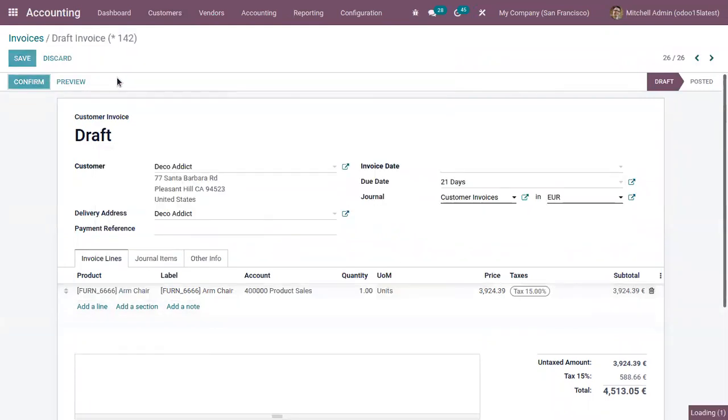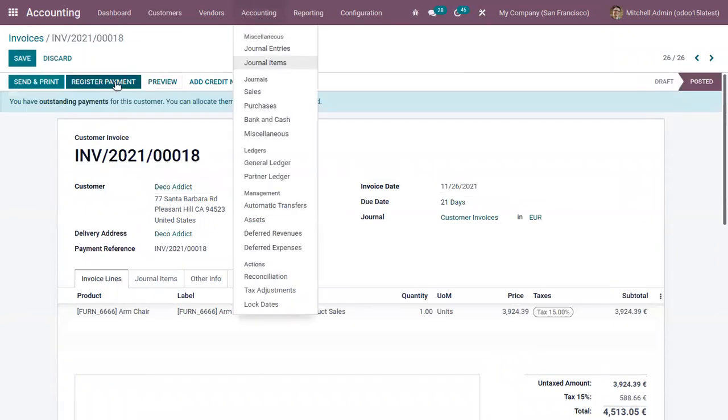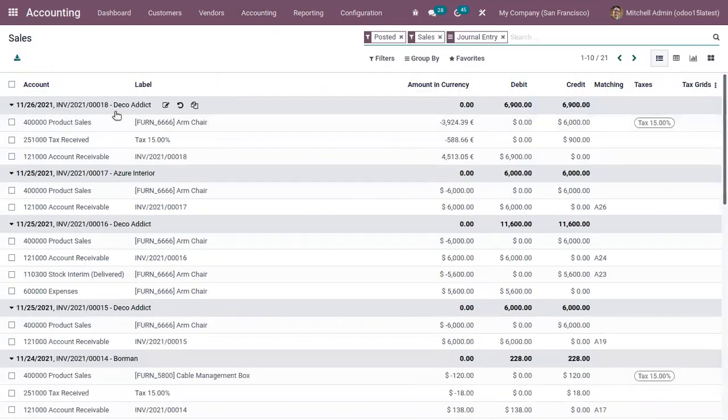So now we can confirm this and you can view the journal items. Here you can see the amount in currency is euro. So users can configure multiple currencies for the transactions.